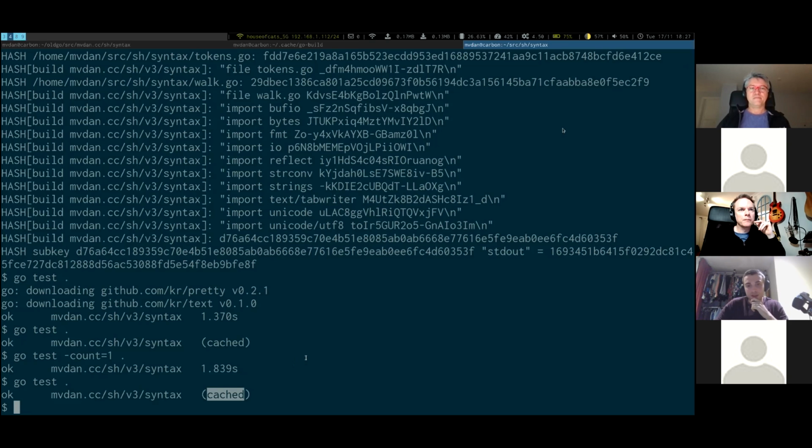That's a very good question. Does the Go test cache take into consideration other files like the test data directory? So yes and no. It does something kind of cheeky, which is,